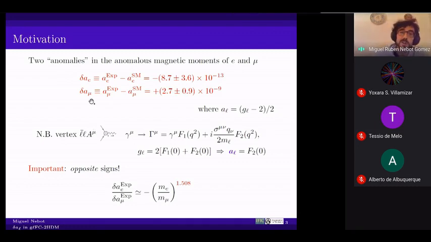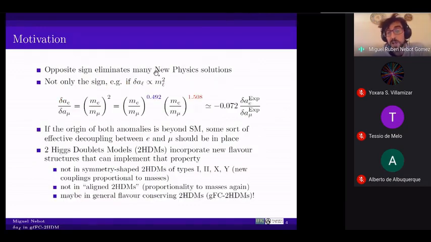So now focusing on these observations, one of the remarkable things, which is in fact quite challenging, is the fact that the deviations in both observables have opposite signs. So one can, well, naively translate this numerically into this ratio, and let's say translate it in terms of a ratio of the masses of the fermions, of the electron and the muon. And you see that this, apart from this sign, is something which has this weird power of something like 3/2. And this is quite challenging, first thing, because we have opposite signs.